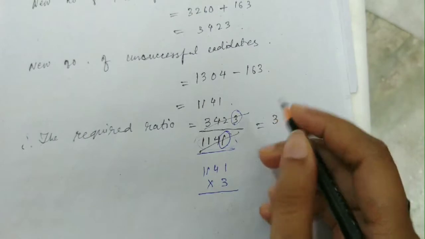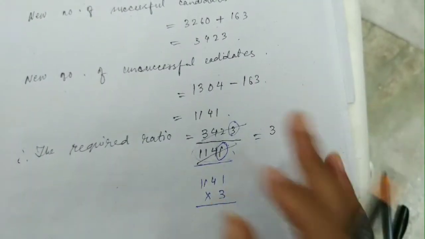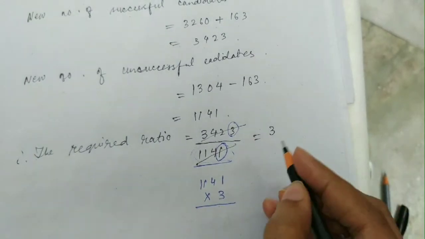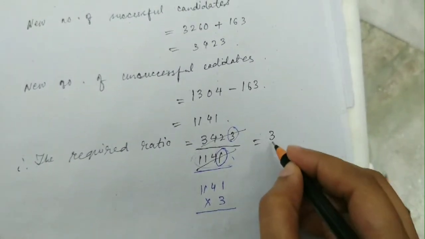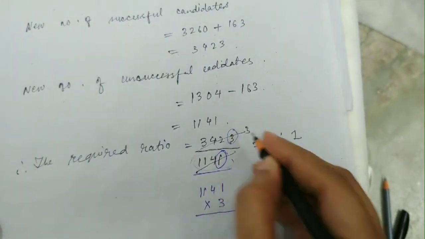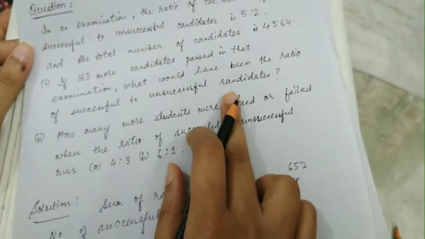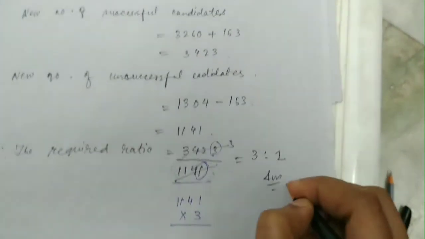This is a trick. Even if it does not give this number exactly, it will give a number near about this. So we can again guess by what it will go. So this is a trick. You can use this. So the ratio will be 3:1 since this will go by 3. So this is our required ratio which is asked in the first question. This is my answer for the first question.